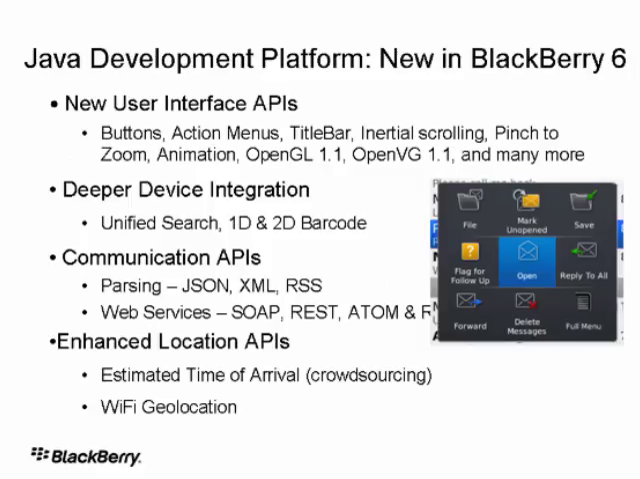And now we released 6.0, so the first device, the Torch 9800, is out on sale in UK. And what does it bring? So we have a new UI, and this new UI allows you to create even better looking applications, easier. So it's much easier now to create buttons and title bars and have this pinch to zoom